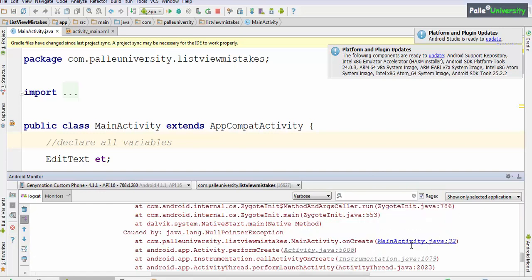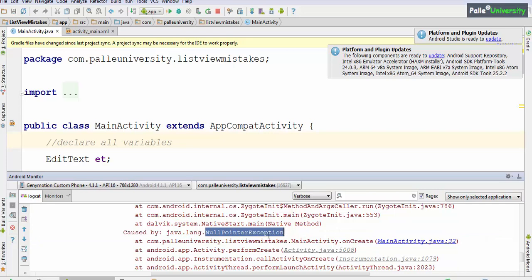So let me scroll up. You can clearly observe our application is crashing in the MainActivity.java file at line number 32. Anyway, I have not enabled line numbers here. You don't have to enable line numbers. The first thing you have to observe is to identify your Java file name and line number. Just above this blue color hyperlink, Android Studio will also give you more information about your error.